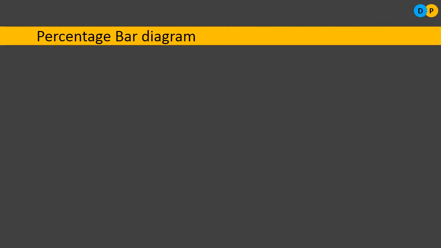Under one dimension, there are four different varieties: simple bar diagram, multiple bar diagram, component bar diagram, and percentage bar diagram. In this video, we will be studying the percentage bar diagram. Percentage bar diagram is also another form of component bar diagram. Why? What is the reason? Here also we will be considering multiple variables. Within one rectangular bar, we will be considering a few more variables. All these variables need to be represented as different components or different segments.